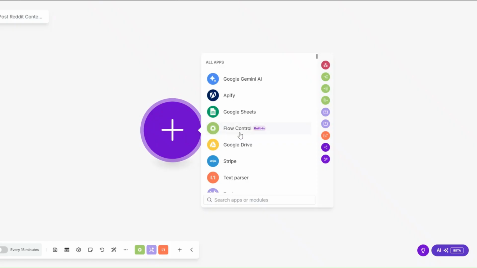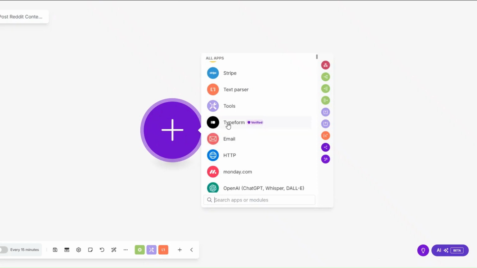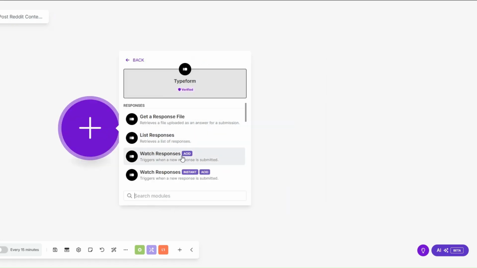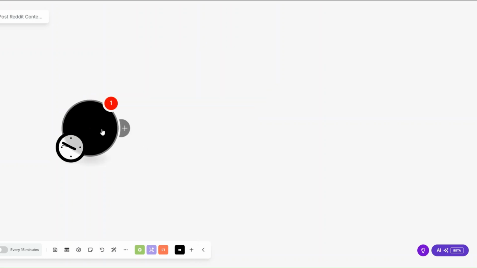Now, to get our topic and subreddit via Typeform, in Make, I'm going to search for Typeform, and here we're going to use a watch response trigger. You can see we have two watch responses triggers, one with ACID only, the other one with instant and ACID. The difference between the two is the one with instant triggers instantly after you submit the form, but with the one with ACID only, you'll need to choose when you'd like to trigger it. I'm going to choose the one with ACID only since I would like to choose when to